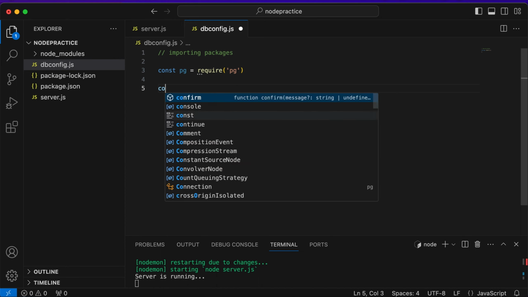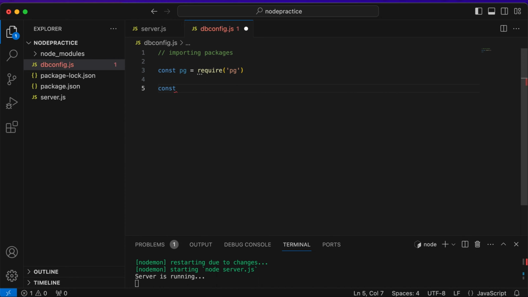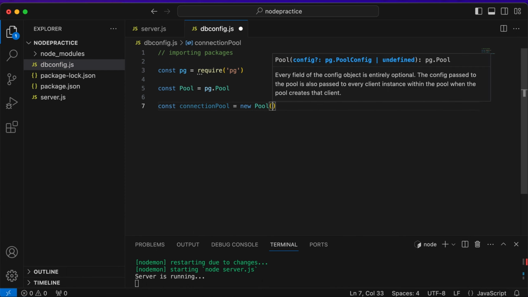Now create an instance for connection pool equals to pg.Pool. Okay, we will create an instance for this constant connectionPool equals to new Pool of connection string. Here the connection string is like